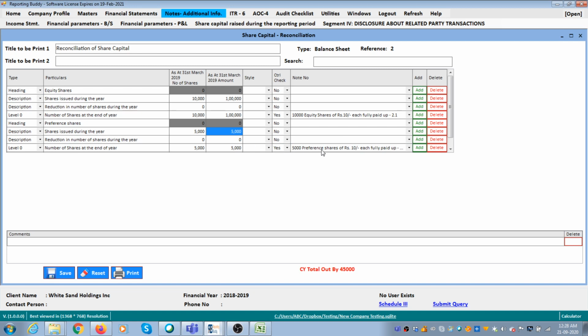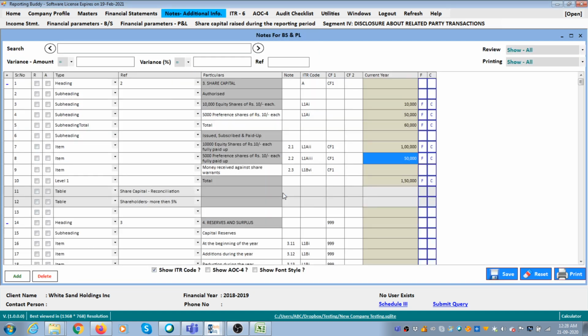Since this number does not match with the number in my notes, it is showing an error. So to correct it, now this form is complete, so I can close it. In the normal course, for all the additional notes I have to add a table and then add a particular form which I want to add, but since these two items are always going to be there, we have kept it permanently. We have already added this. So now I just reset and I'll print this form, and to see,